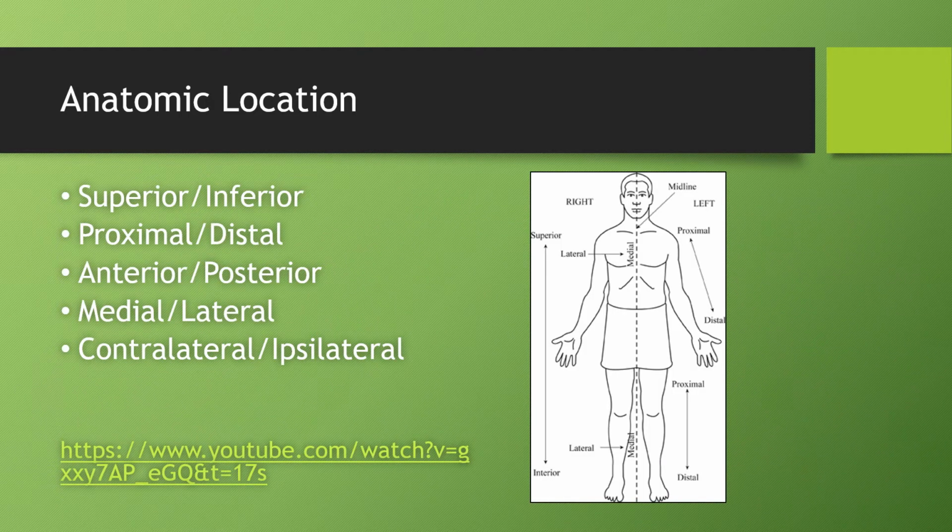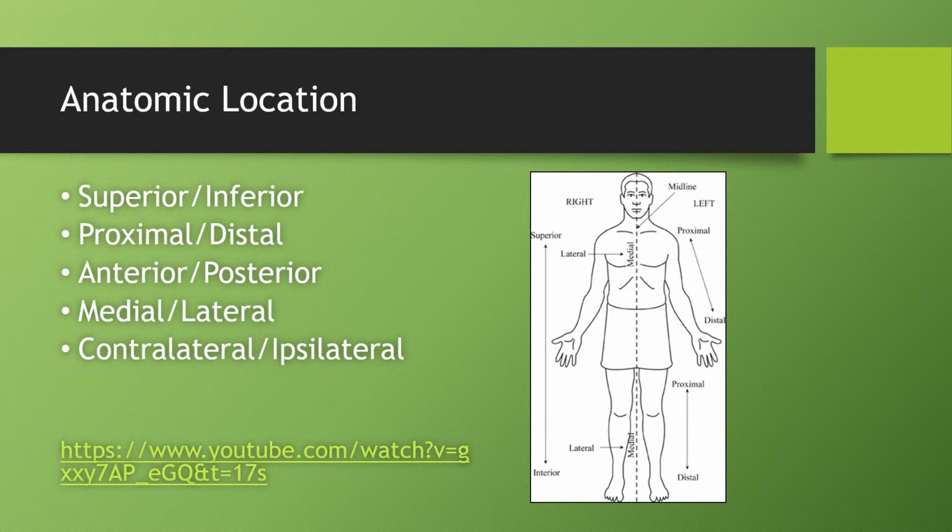As mentioned, understanding anatomical terminology is helpful in understanding biomechanics. But to review, when discussing anatomical location, we must begin by referring to the anatomic position. This is a position where the body is erect with the arms at the sides and the palms facing forward. With this as a reference, we can understand that superior refers to a position above the reference point, inferior refers to a position below, proximal refers to a position nearest to the center of the body or reference point,